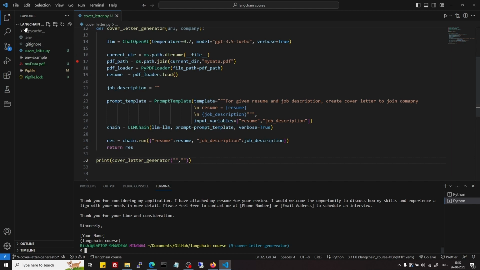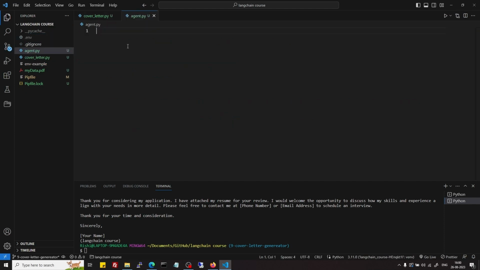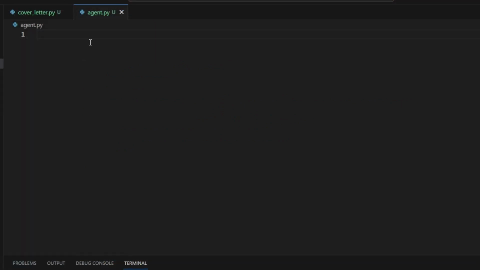For that, let's create one folder named agents, or you can keep agents, and here I will create, or instead of creating a folder, since we are going to create only one agent, I will create agent.py, and here